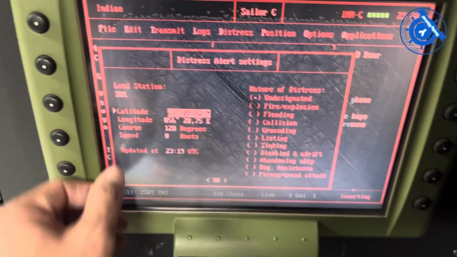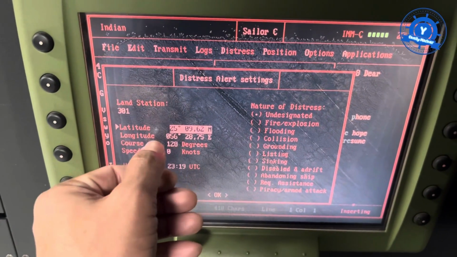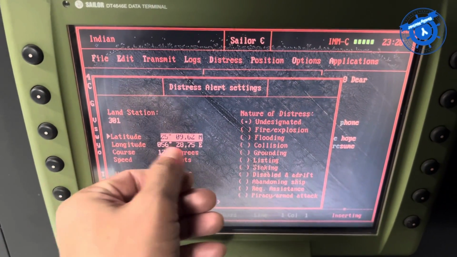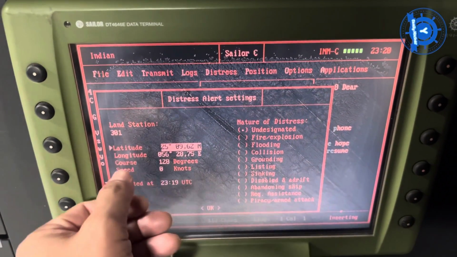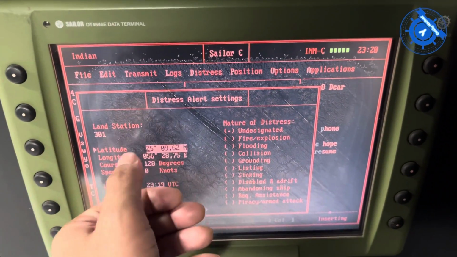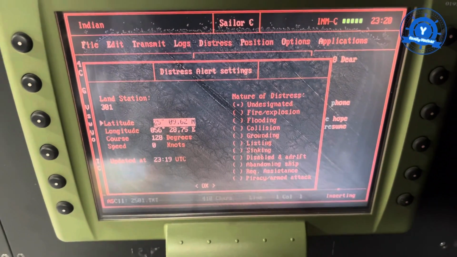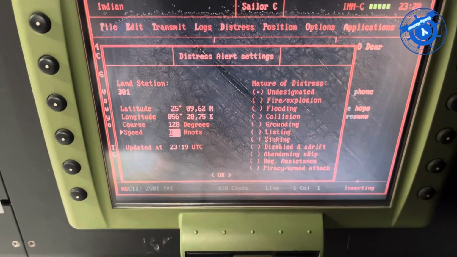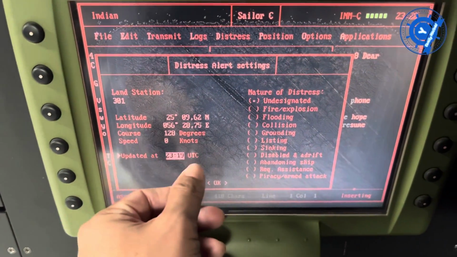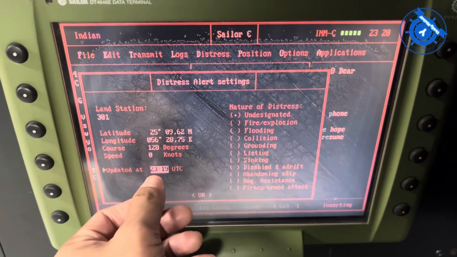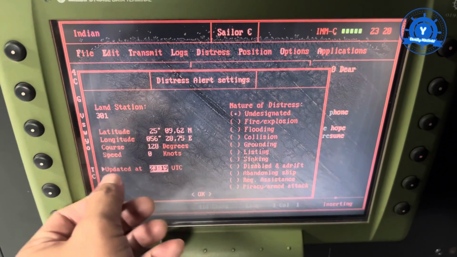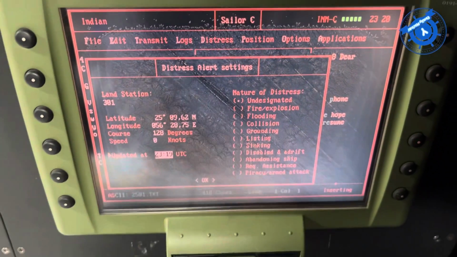Under this, the latitude and longitude are also automatically displayed in that emergency, because this GPS is already connected to this emergency, so you can see the latitude, longitude, and also course and speed. Also the UTC is automatically updated by the GPS, so don't choose anything because it is automatically updated by the GPS.